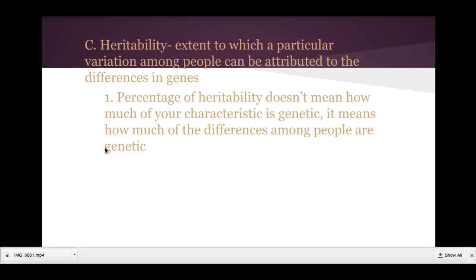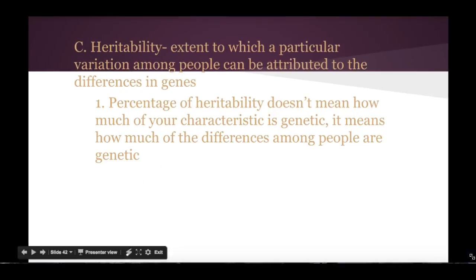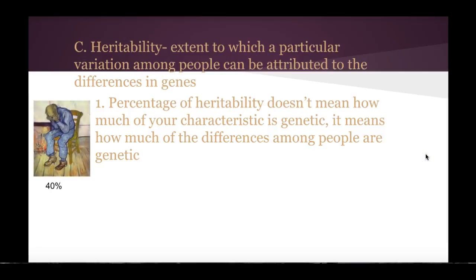I want to emphasize that because this is a concept that a lot of people struggle with in AP Psychology as a whole, and there is a very good chance that it will show up on the AP test, at least one question, because people get confused on it. So a couple of examples: depression, for one, is 40% heritable, and I believe the information I got this from is looking at worldwide 40% heritability.